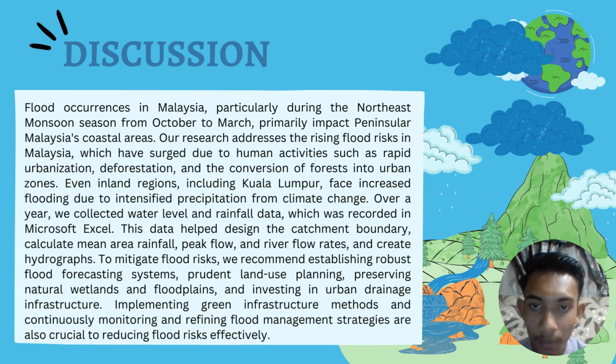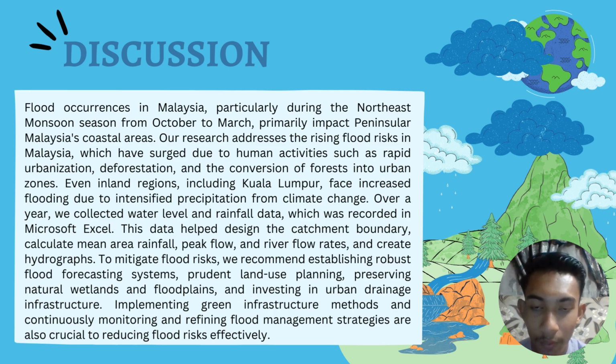To mitigate flood risk, we recommend establishing a robust flood forecasting system, prudent land use planning, preserving natural wetlands and floodplains, and investing in urban drainage infrastructure. Implementing green infrastructure methods and continuously monitoring and refining flood management strategy are also crucial to